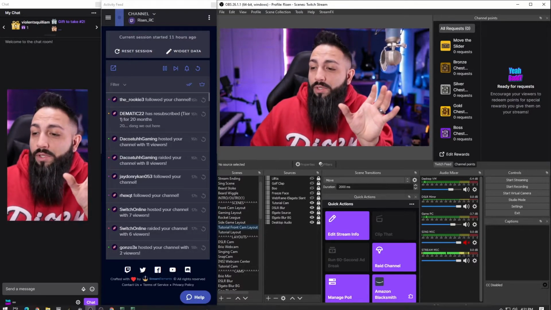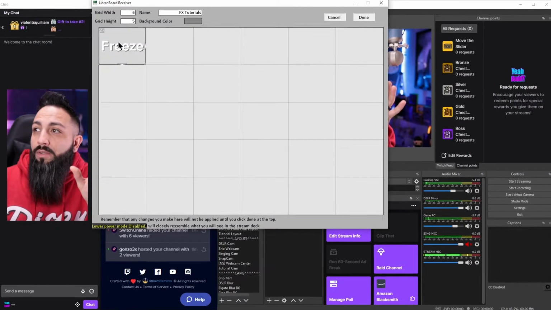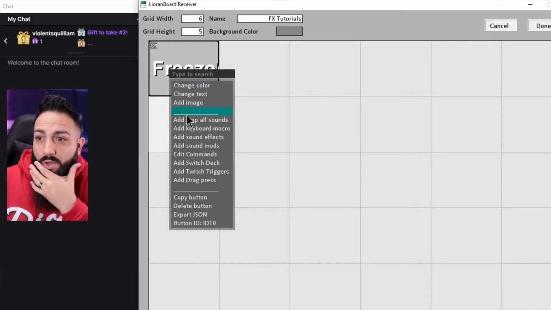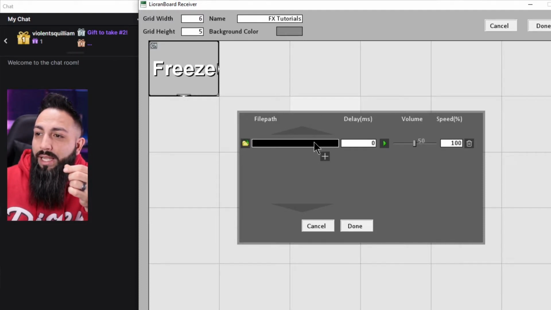sound bite is for. So to add the sound bite, let's go back to Lioranboard. Let's go back to the effect, and here you're gonna right click and you're going to add a sound effect. You're gonna hit the plus sign. It's gonna open up a folder file path. So if you click